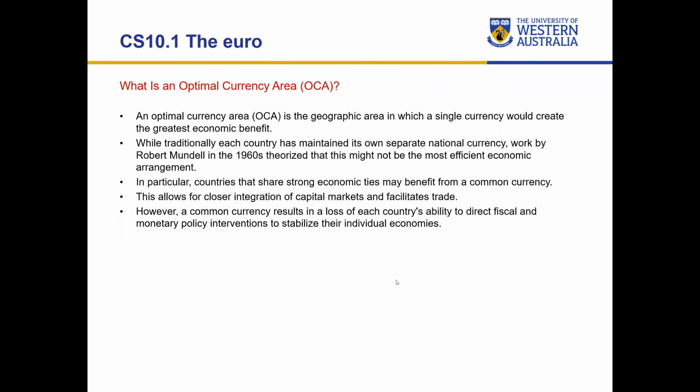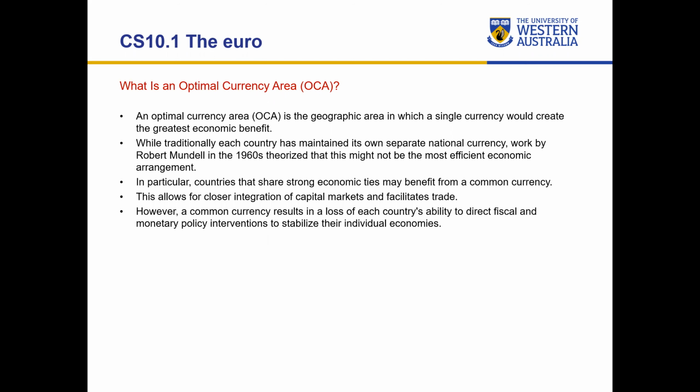In the last video, we finished on this slide and we were talking about the idea of an optimal currency area, which is basically a geographic region that uses a common currency. Think of that geographic region as involving a range of different countries that uses a single currency and can benefit from the use of a common currency. So using a common currency across a range of countries sometimes can be problematic, other times it can be very beneficial. It depends upon the countries involved and whether those countries satisfy four main conditions that Robert Mundell in